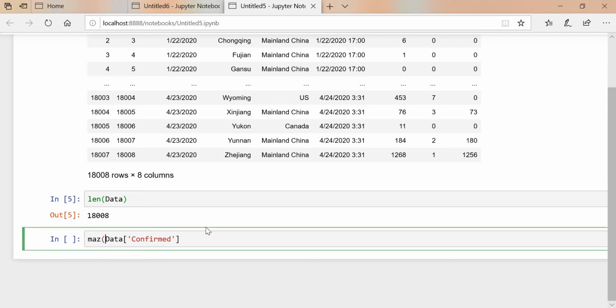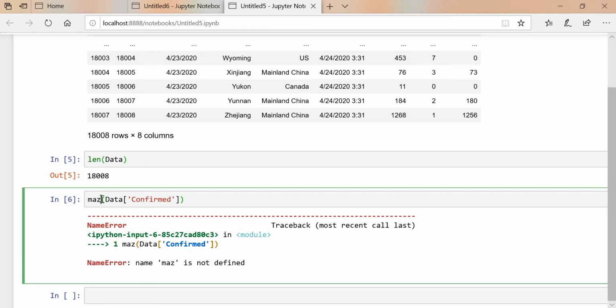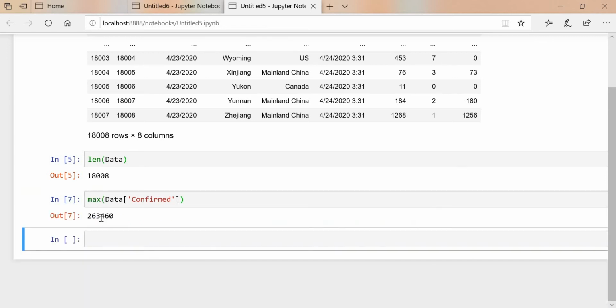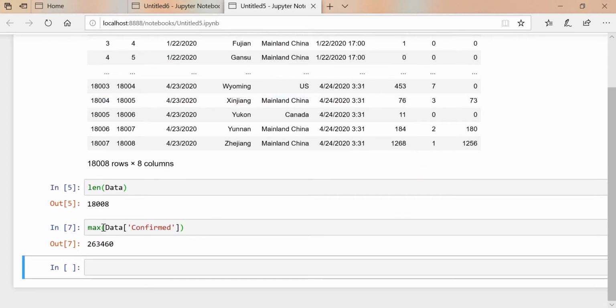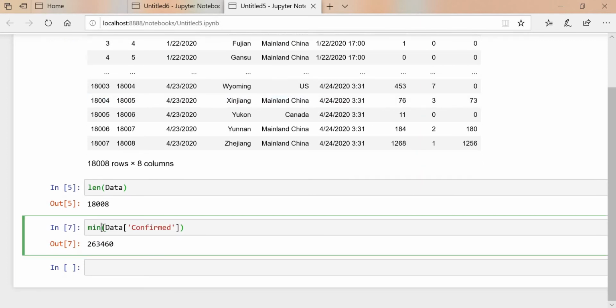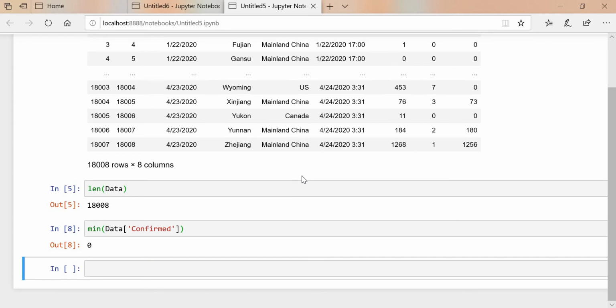Execute. We got 263460, which is the maximum number of confirmed cases. We can see the minimum number of confirmed cases as well. It's 0. Like this, the min, max and length functions will work.